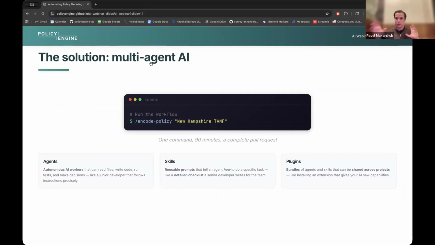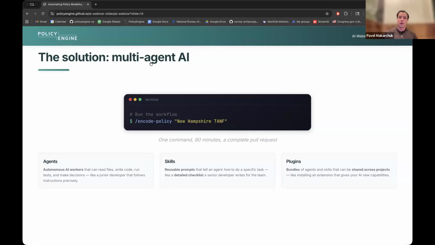Just to give a little bit of context to some of the terminology that Ziming will use throughout his part of the presentation, we'll talk a lot about agents, which you can think of as autonomous AI workers that can read files, run code, run tests, and also then make decisions based on the characteristics that they're given. So they each have a markdown file that has a very clear set of rules that are implemented, anything from code styling to testing purposes, and they can be separated and individualized.